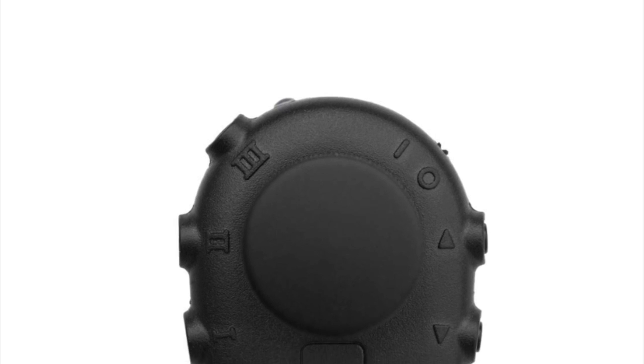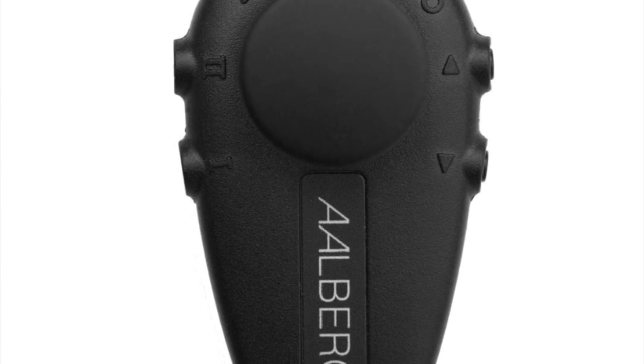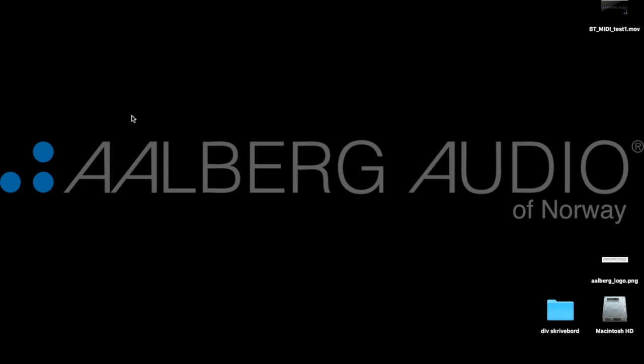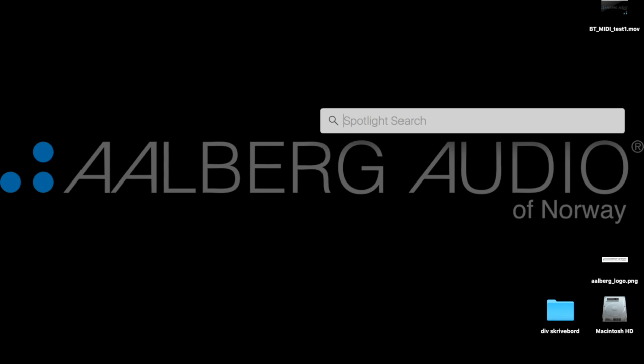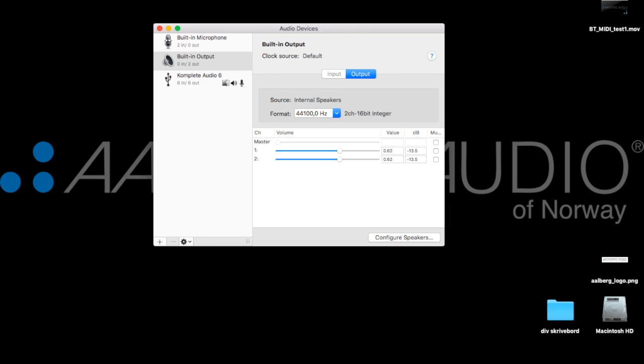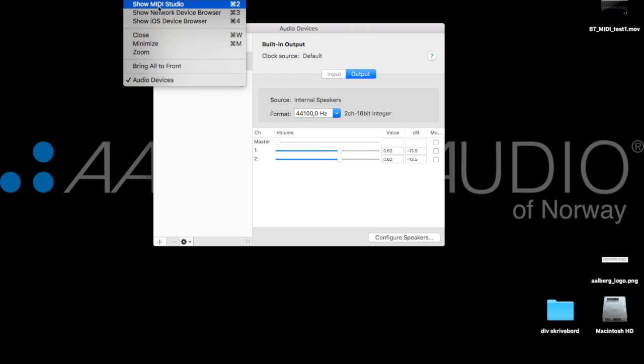To show you how you can use the Aalberg AERO wireless remote controller to wirelessly control any audio software that uses MIDI controlling on an Apple computer. And this is done by using Bluetooth MIDI. So what you need to set this up is to go to the Audio MIDI Setup, show